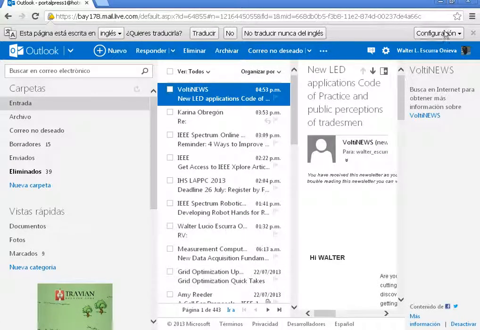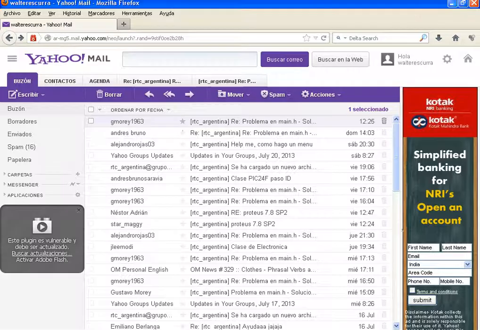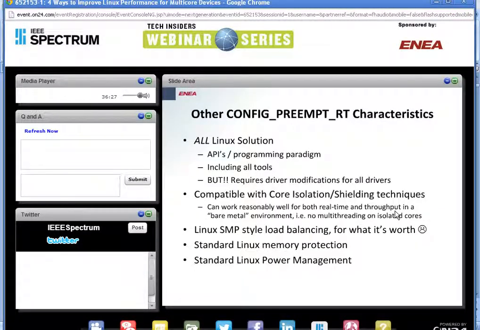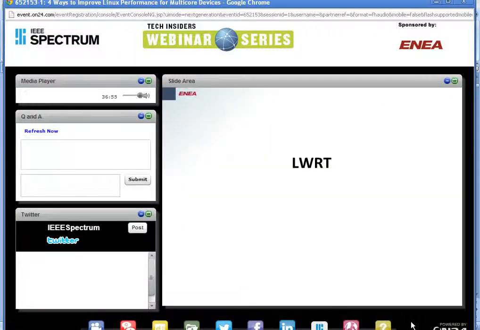So, standard Linux memory protection, of course, and standard Linux power management. These are some of the nice features of the preempt RT characteristics. One other thing that I didn't mention here, but it's implied, is what I said before: you have to reinstall it every time you upgrade to a new kernel because it's modifying the kernel. So this presents a configuration management and maintenance and build issue for you, if that's an issue for you. So let's move on to LWRT, or lightweight threading